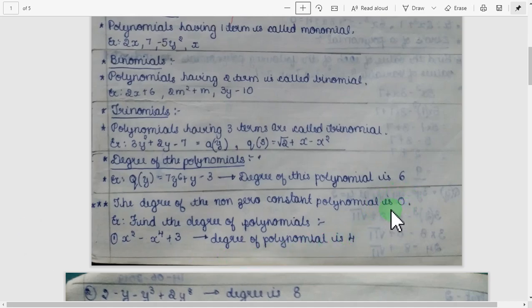The degree of a non-zero constant polynomial is 0. Zero is a constant polynomial, and its degree is always 0. Find the degree of the polynomials. x square, x to the power of 4 plus 3. This is a polynomial of